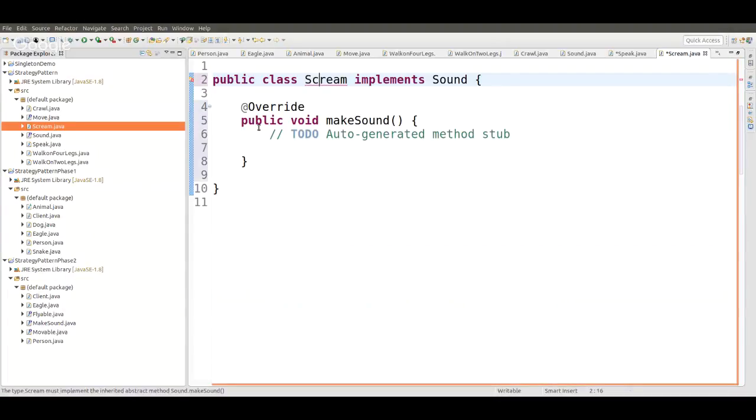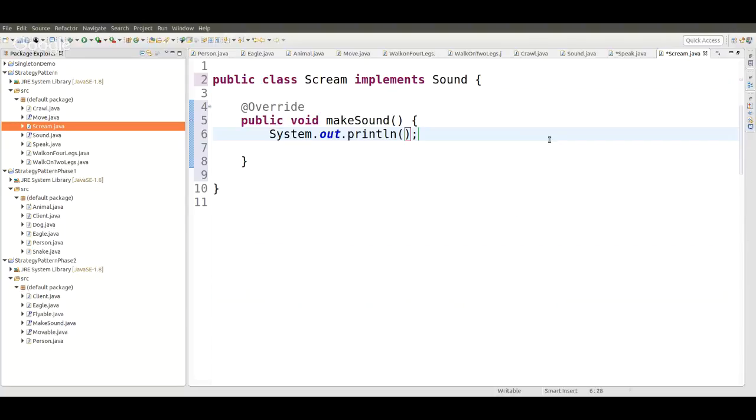Coding live can be a little boring sometimes, but